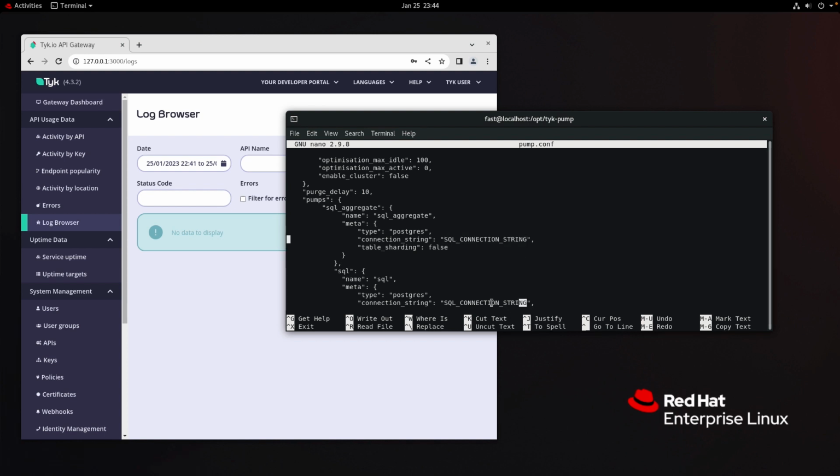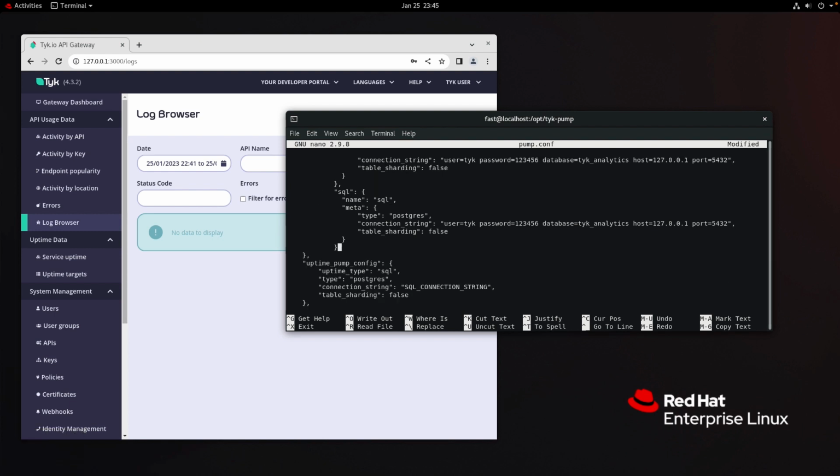So we'll just take our connection string, paste it in, then move down to the next one and paste. Just to take note, SQL aggregate will be shown under activity by API, and SQL itself will be shown under log browser